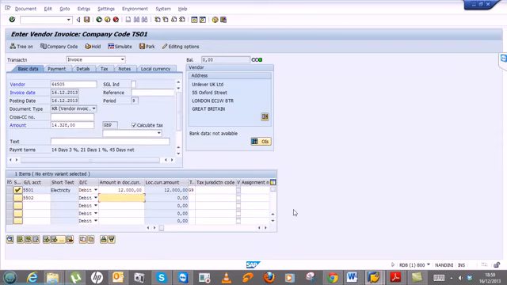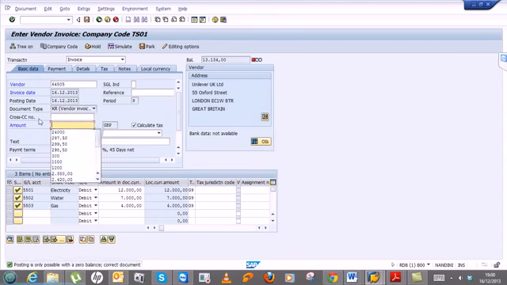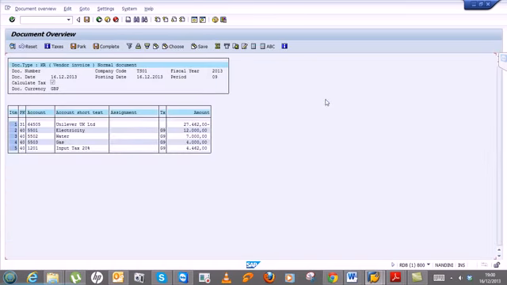So after giving this information, you can click on simulate. First delete this amount and then enter it again so that the balance can be 0. Now click on simulate. So for Unilever the total we have to pay is 27,462. That's electricity, water and gas, and input taxes